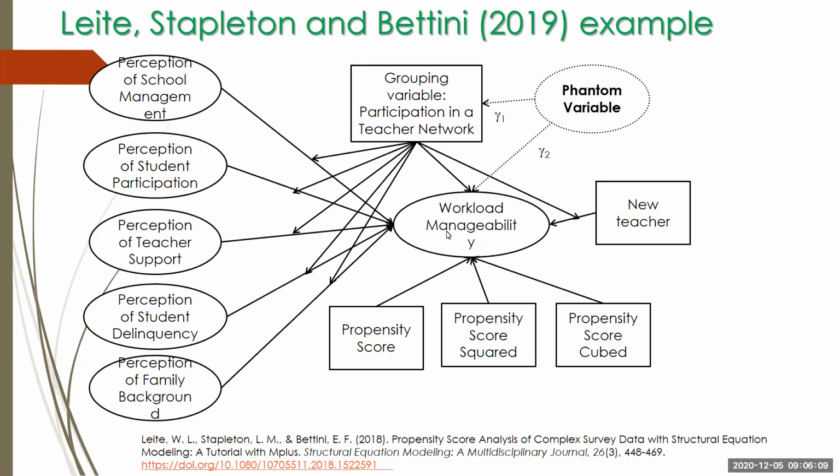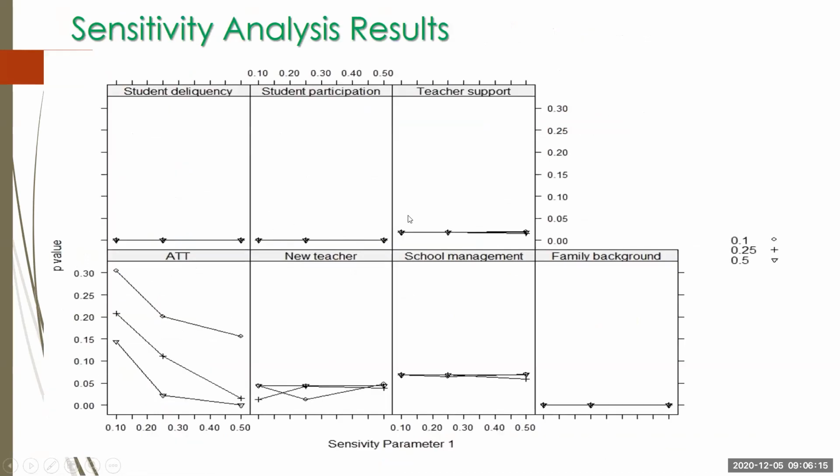So the plot is shown here. The three values of gamma 1 were 0.1, 0.25, and 0.5, and the three values of gamma 2 were also 0.1, 0.25, and 0.5. And they showed that for the effect of network manageability, the effect of participation of the network on workload manageability was sensitive to an omitted confounder,